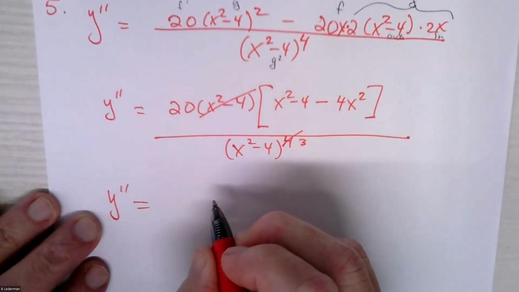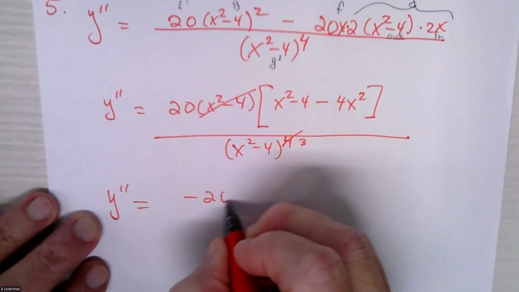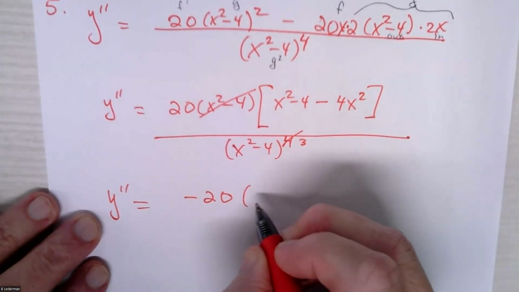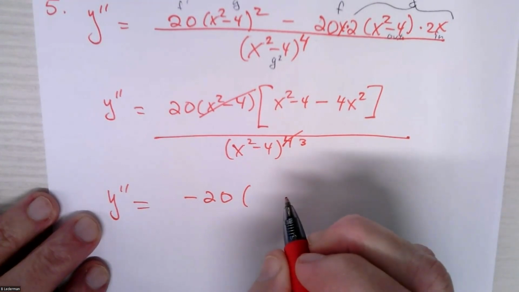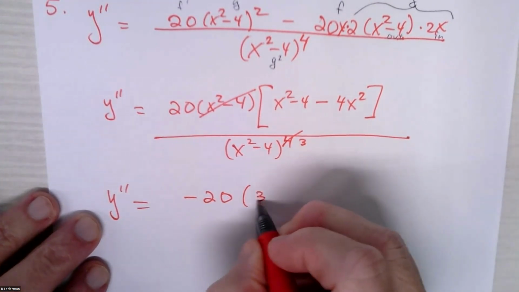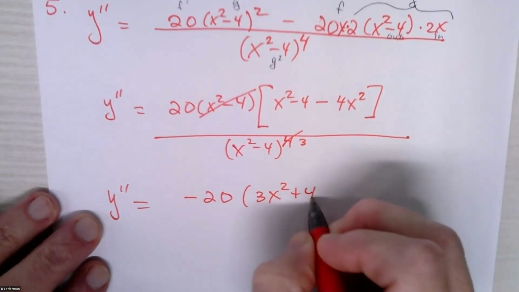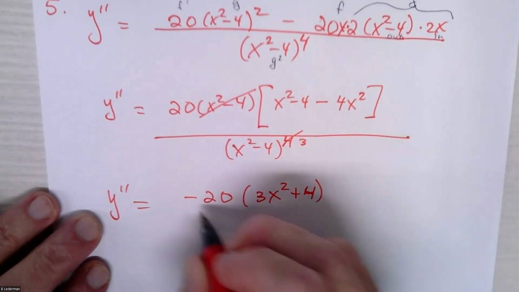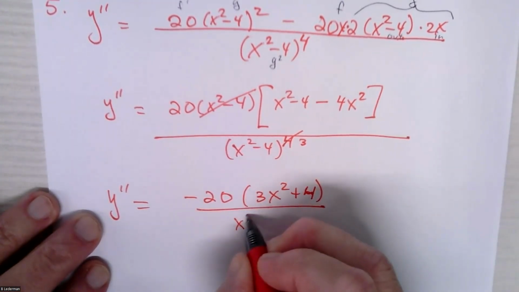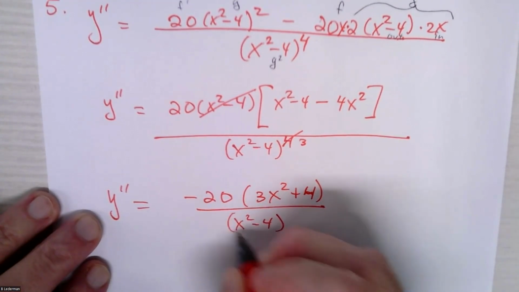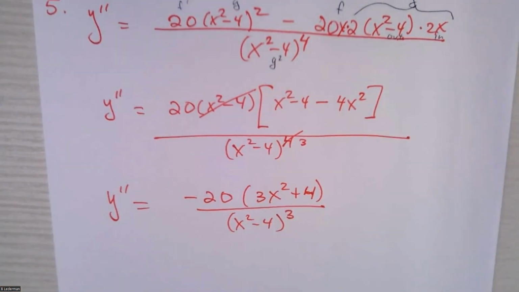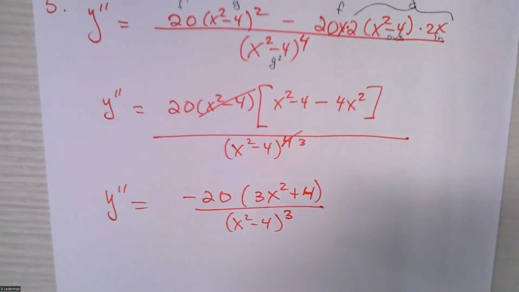y double prime equals negative 20 times 3x squared plus 4 over x squared minus 4 to the third power. Now this part over here,